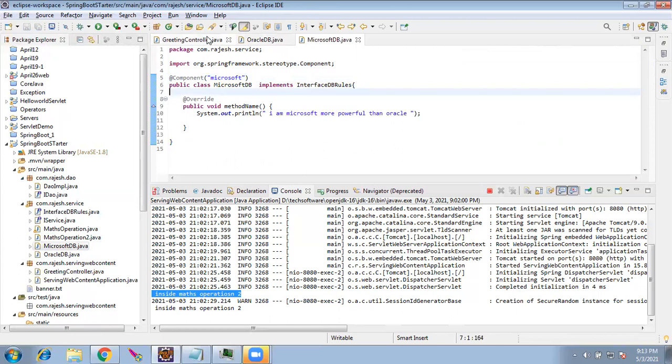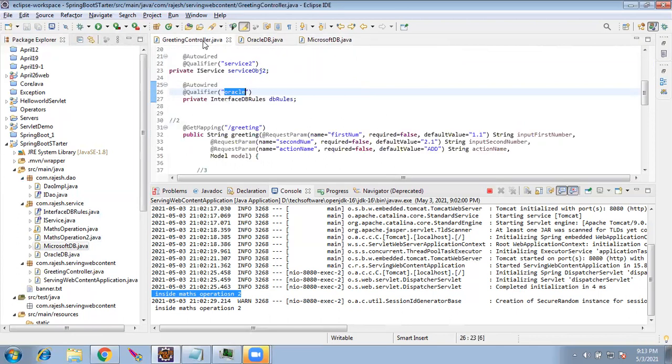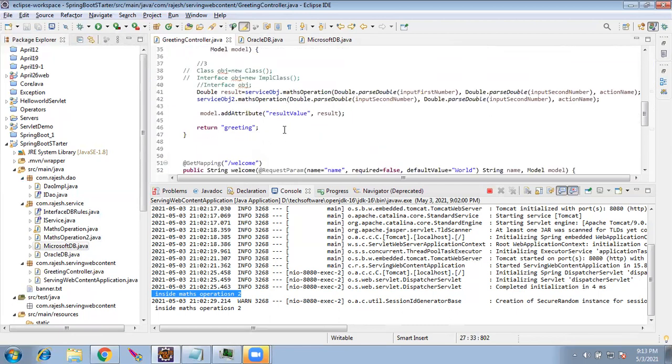Now that's all, the coding is done. So today my company is using Oracle DB. So I'll give here Oracle DB rules. I'll call the method name. Let's say after 1 year, I decided to go with Microsoft. What is the change I have to do in code?